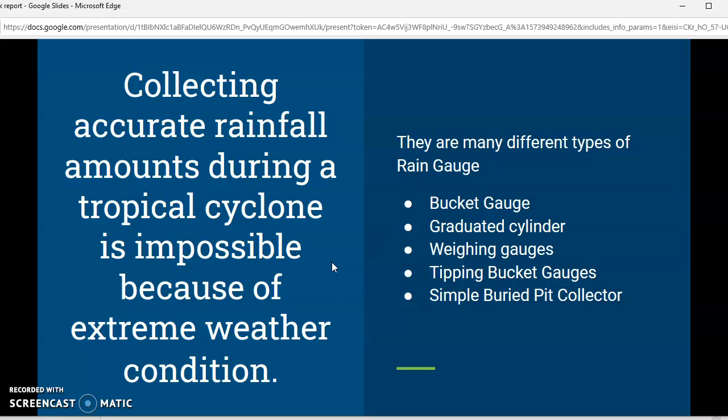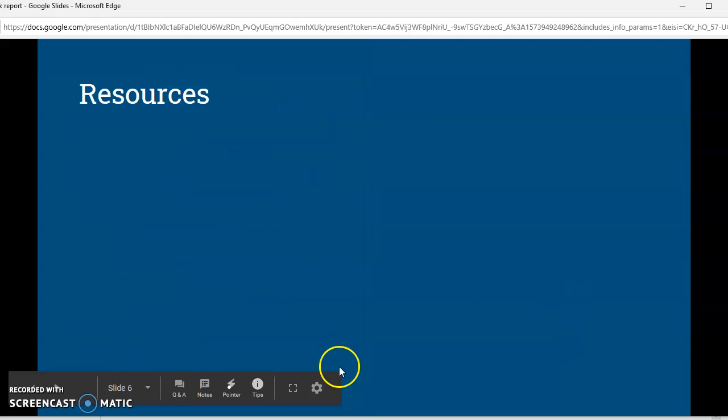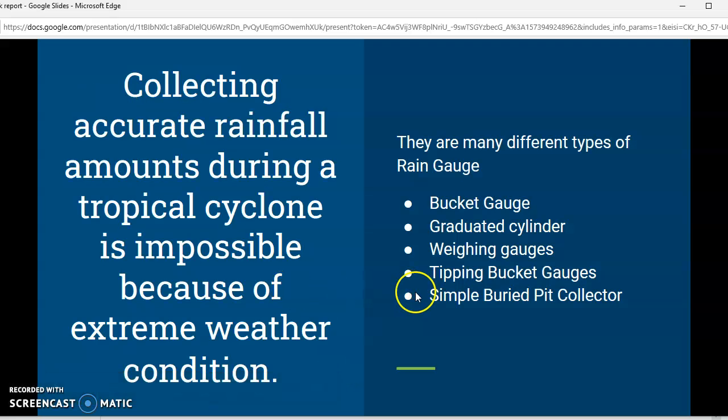There are many types of rain gauges. There's a bucket gauge. There's a graduated cylinder gauge. That is very inexpensive. There are weighing gauges, the tipping bucket gauge, and there's a simple buried pit collector that you can buy too. So again, that is the end of my presentation about rain gauges,